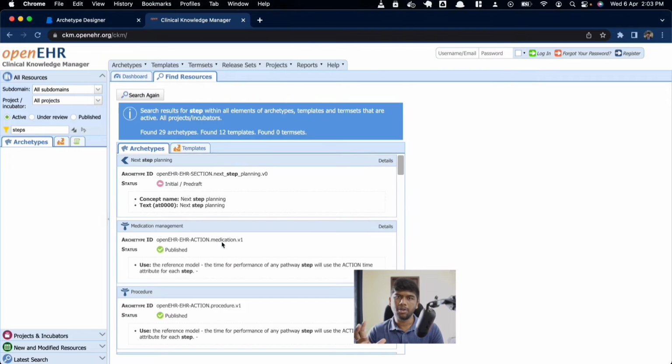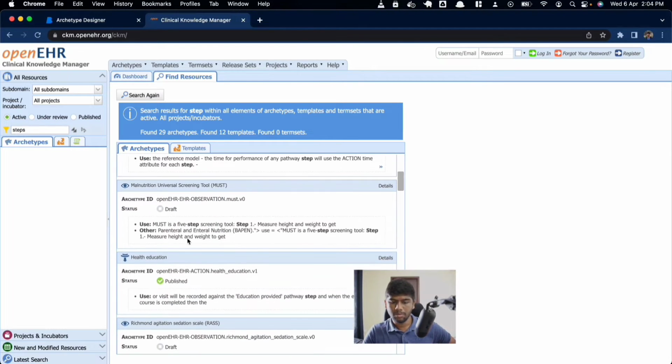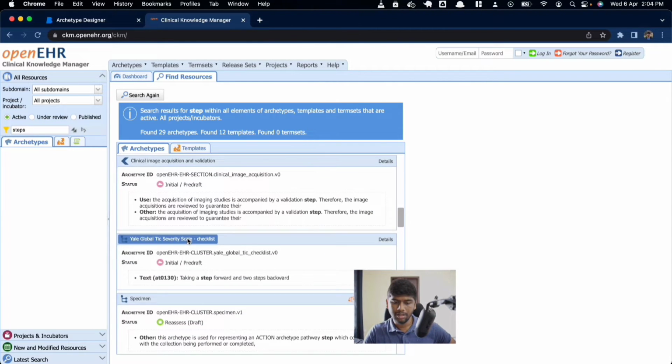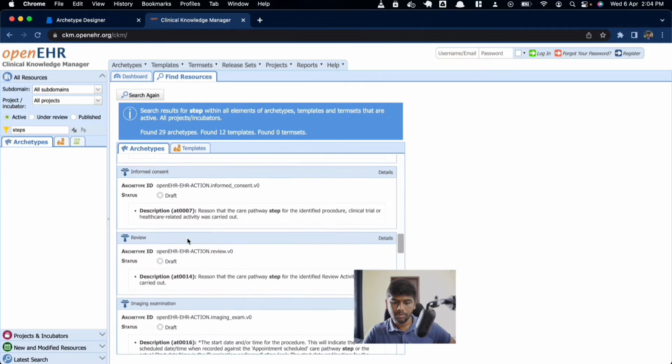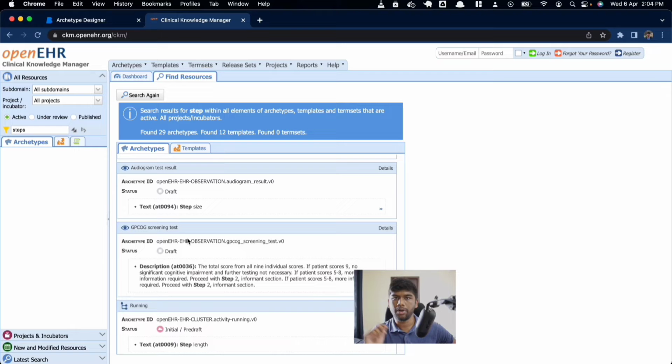Again, this is to demonstrate that first you really need to do a search before you create your own archetypes and understand that there is nothing to suit your needs, and then only then you create an archetype. So let's see, procedure, no, not really, and none of these archetypes seem like appropriate archetypes to record the data point that we are going for, which